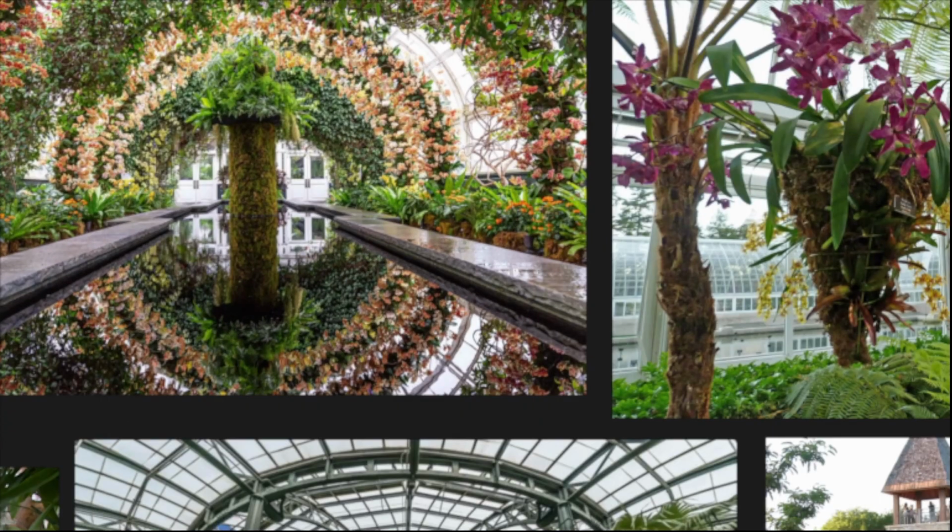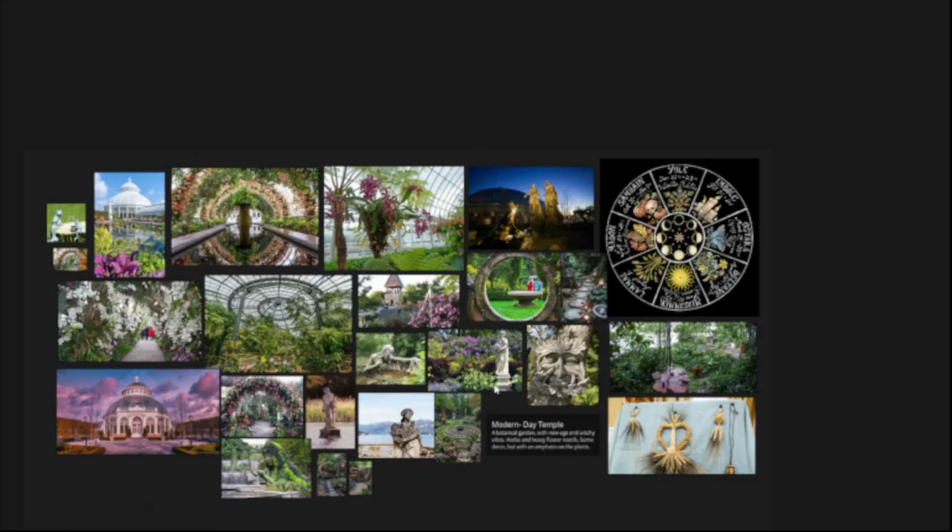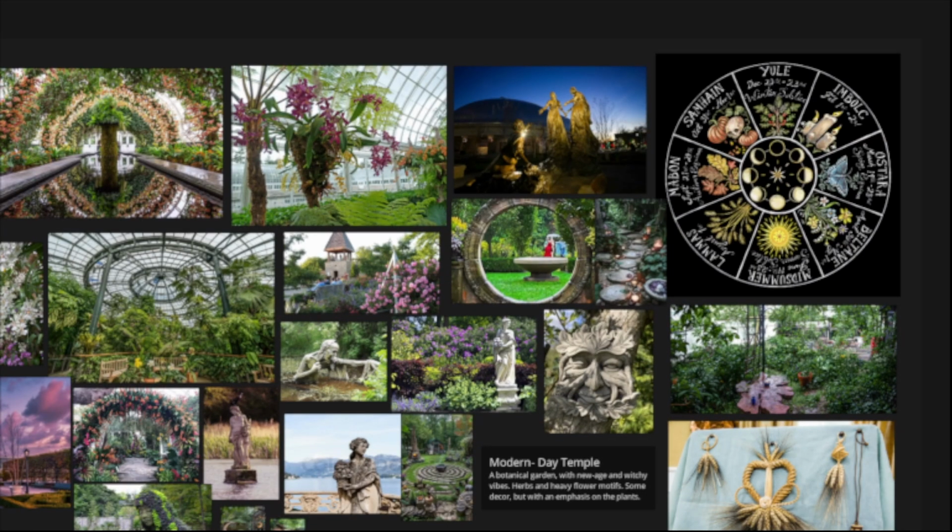Like we have in this reference here, this tall pillar overgrown with vines and stuff. If this was a statue instead, then that would be really pretty. But I'm thinking that one of the overarching aspects in witchcraft specifically is as above, so below. Like when we're talking about the